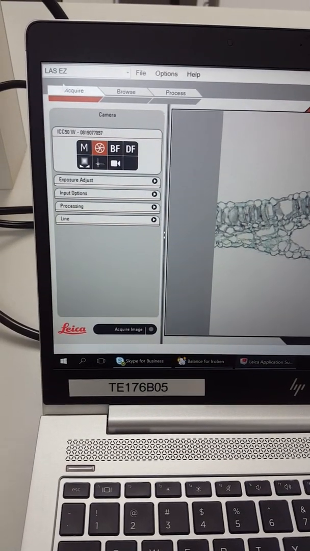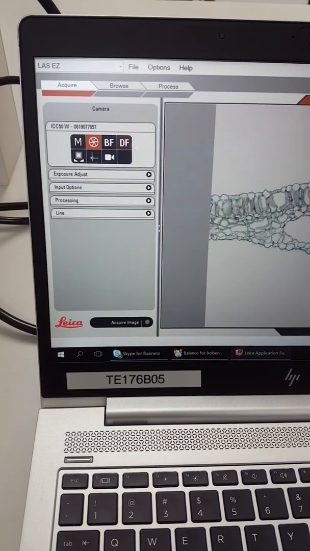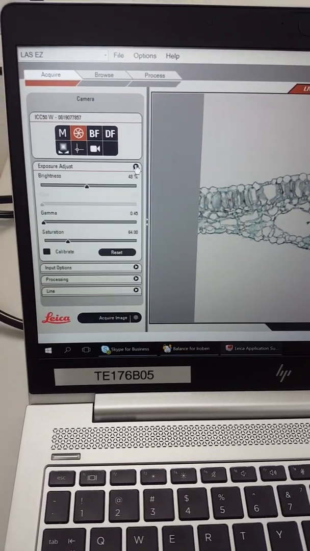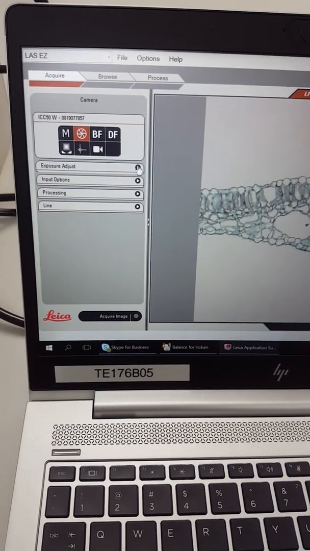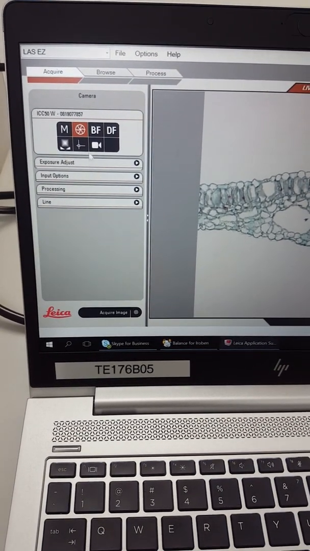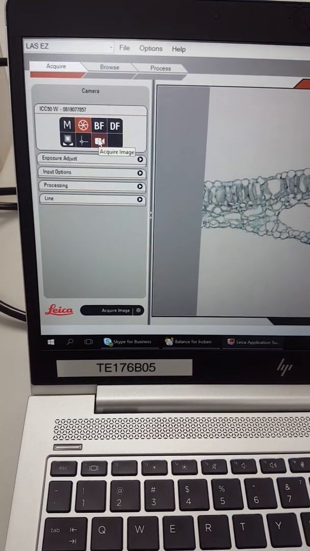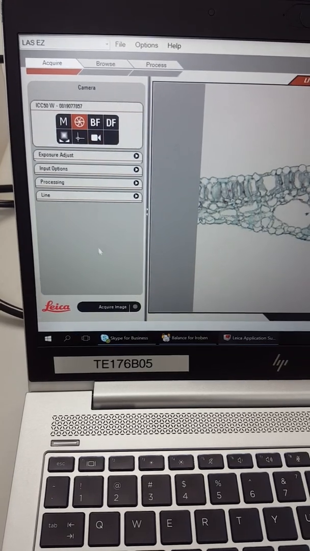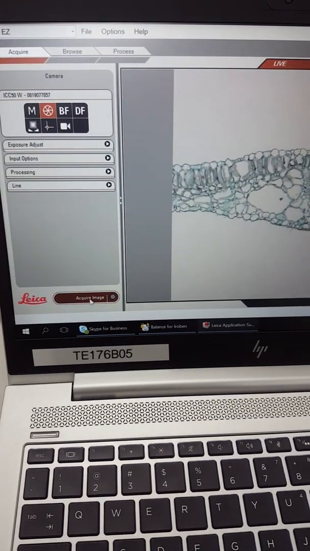This acquire tab is where we actually take the photos, but you can see there's all sorts of things that you can adjust here as well. So exposure, brightness, you can sharpen the image at this point too, and then you can also change between a still image or a movie. So taking a still image, all we do is go down to acquire image,